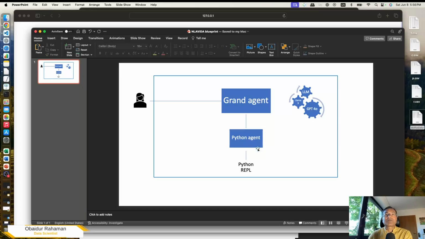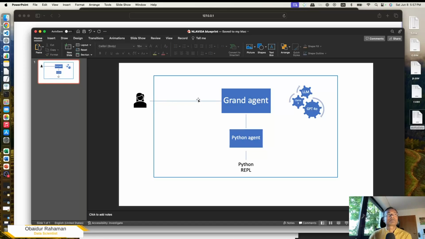And then it sends this Python code to something called Python REPL. Python REPL, you can also think of it as a function. It has the ability to take any Python code and execute it. It can also make plots for visualization and so on. If a plot is made, the link to the plot is sent back to the front end so that the